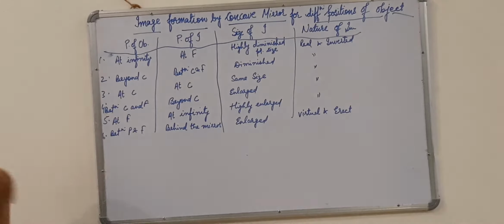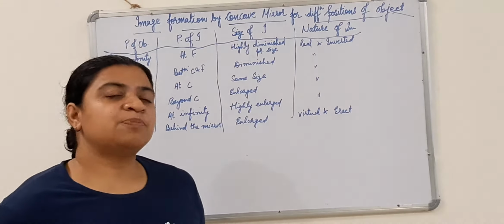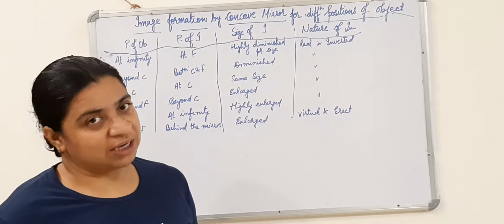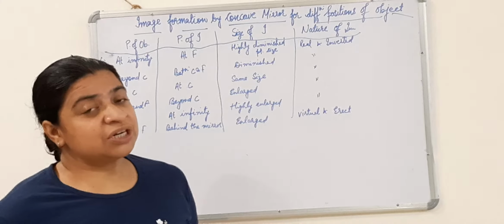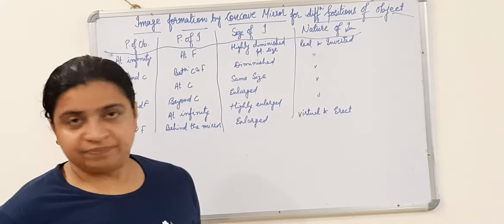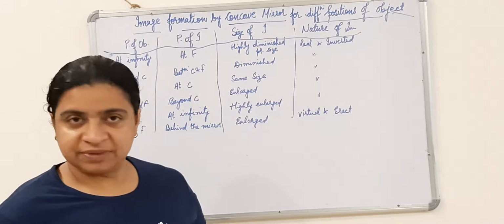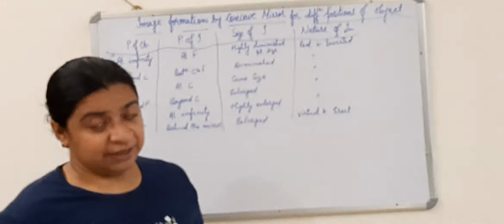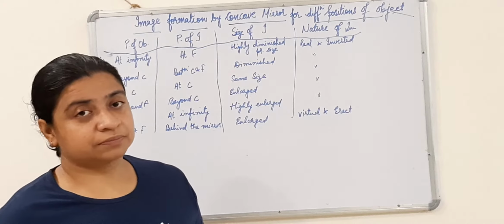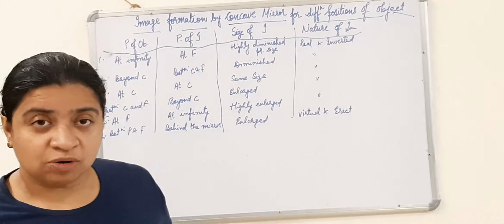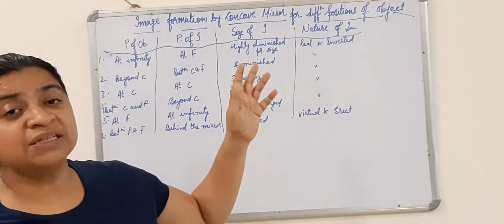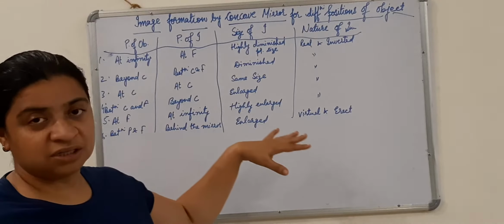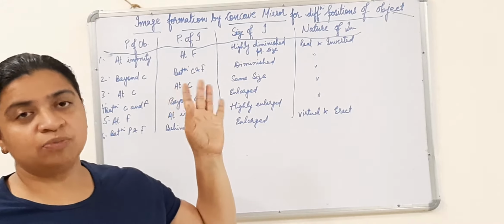I'll tell you a question also. For example, suppose an object is placed at the focus of a concave mirror. What type of image will be formed? What will be the nature, position and size of the image formed in this case? This type of question. Or sometimes they tell you an image is formed at infinity by a concave mirror. What will be the position of the object in this case? What type of image is formed? What type means nature, and what is the size of the image formed in this case? So children, vice versa, both types of question can be asked to you. So to remember this, you have to learn this table by heart.